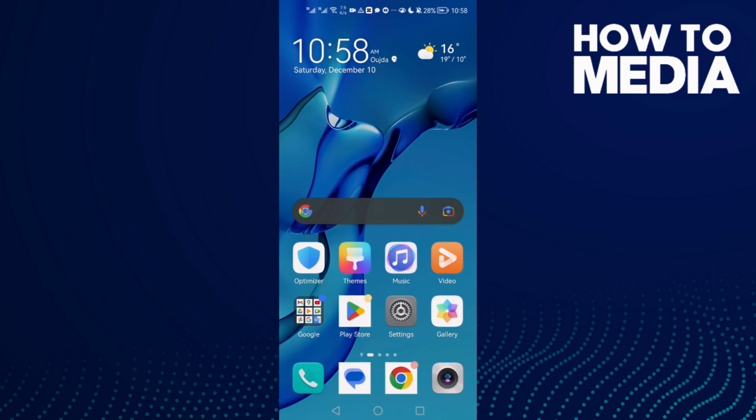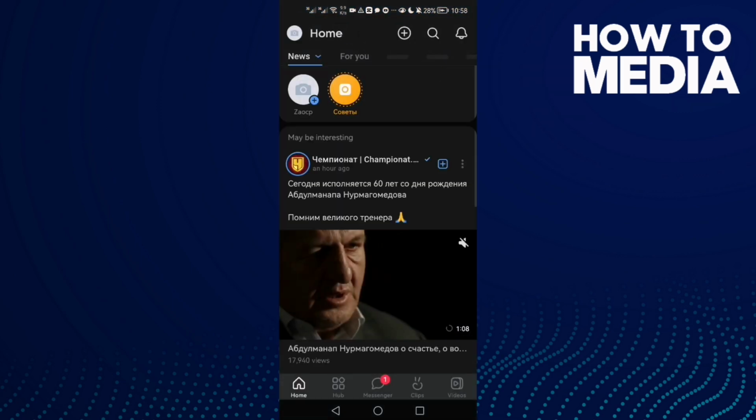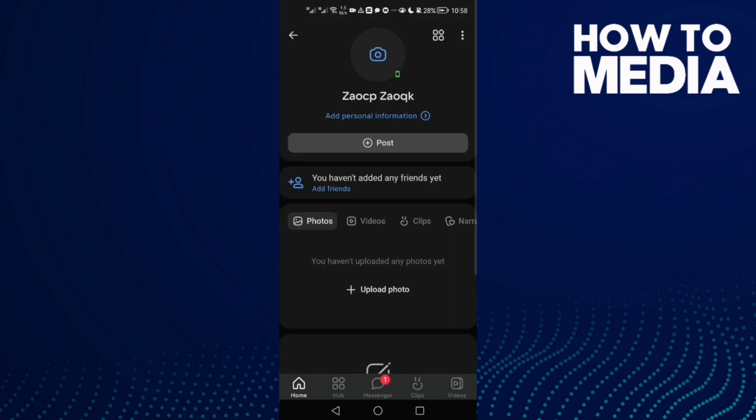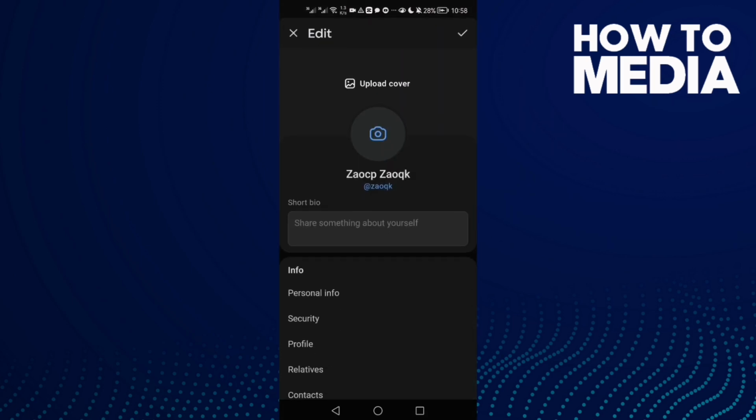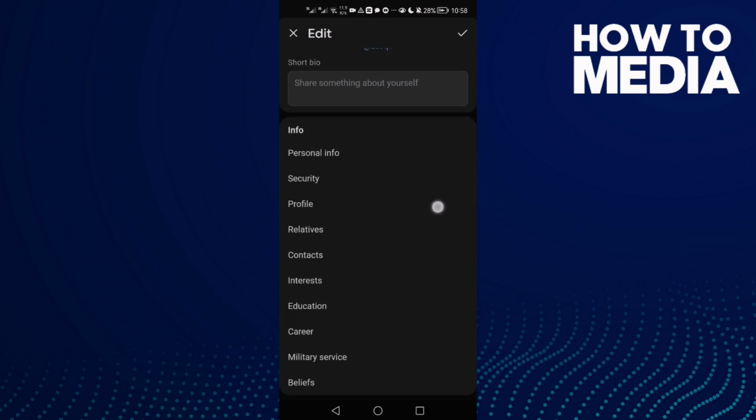To see activity history on VK on Android or iOS phone. Hello guys, in today's video I'm gonna show you how to find it. First open VK and then click on your profile here in the top corner, and then click these 3 points and then click edit profile, and once you're here scroll down until you find